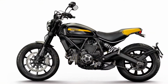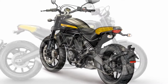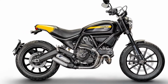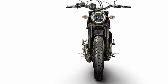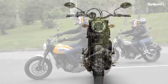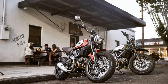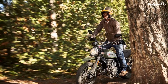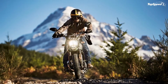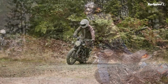This layout gives the Scrambler family a compact, 56.9-inch wheelbase, and an 82.7 to 85.2-inch overall length, with the Classic obviously coming in longest with its 70s-style rear fender. Steering geometry is set up for agility with a 24-degree rake and 4.4-inch trail, and the bars swing through a 35-degree arc, lock-to-lock. It seems to me that trail figures that fall between 4 and 5 inches represent a good balance between stability and maneuverability, and so the Scramblers are right in the middle of the range, neither twitchy nor